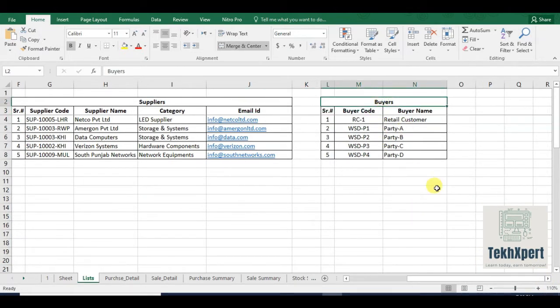In the end, we should have a buyers list in Microsoft Excel. On the top I have applied a code RC1, buyer name, retail customer. If I am selling my items to different customers on cash payment and I don't want to store their names individually, then I will select the customer as retail customer.